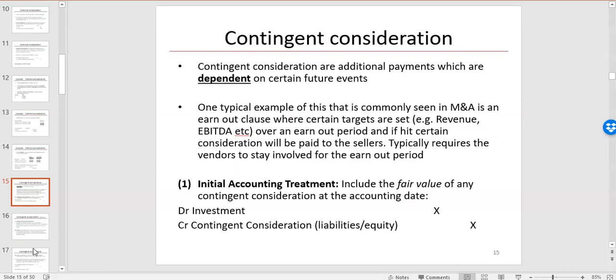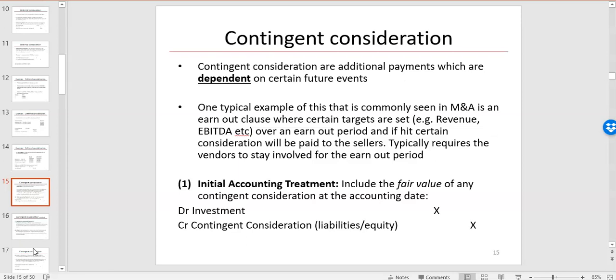So for example, one company buys a shareholding in another company, and they say, we will give you extra consideration if we meet certain profit targets over the next 2 or 3 years. So it's kind of, you can earn out a particular extra money. And usually the reason that's done is the buyers want to keep the management team in situ. So if you're buying a new company, you don't want to lose all the management up front. So to incentivize the management to stay on for that transition period, maybe if you're a year or 2, you say, we will give you, for example, an extra 5 million if you stay on for 2 years and you